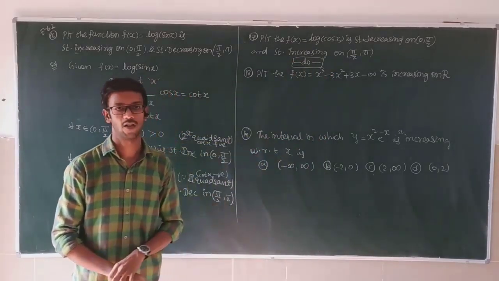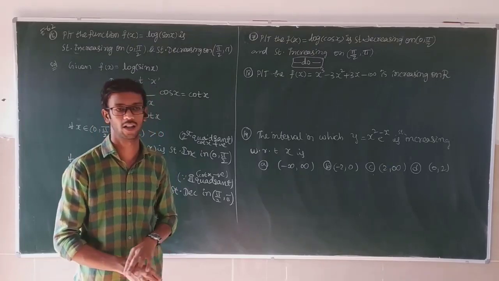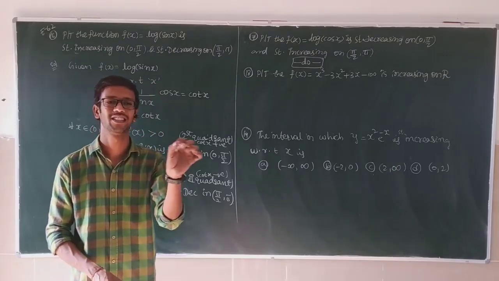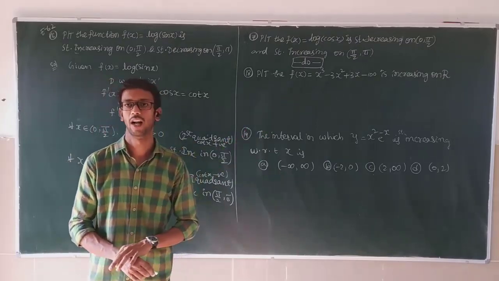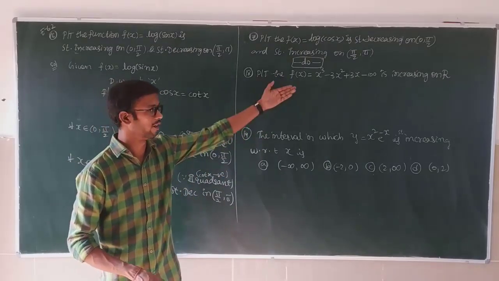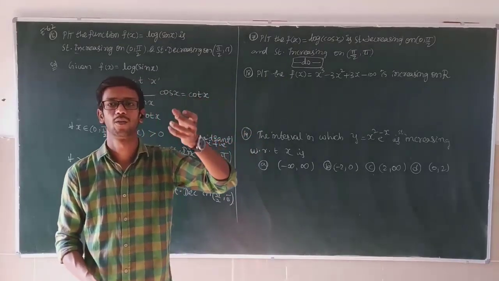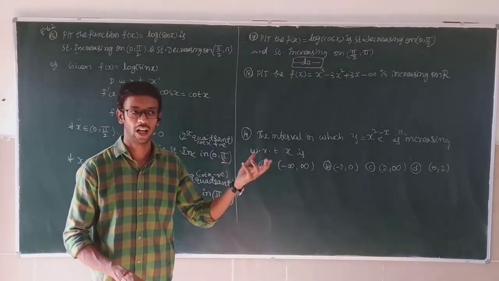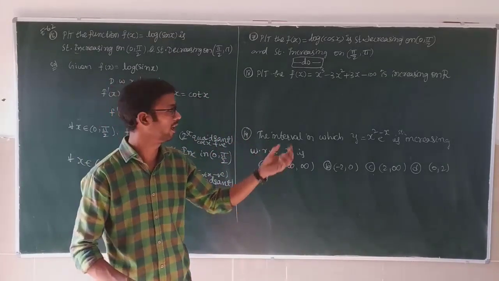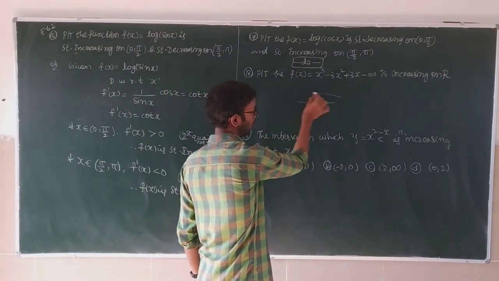Next is an increasing function. Increasing function means what we have to show? Increasing function means f dash is greater than or equal to 0, and you have to show it on every real number. Differentiate it. If you differentiate, you will get 1 minus a square minus 2ab plus b square, a formula. You will get a minus b whole square, which is positive. We already did this type of problem. Do this one.